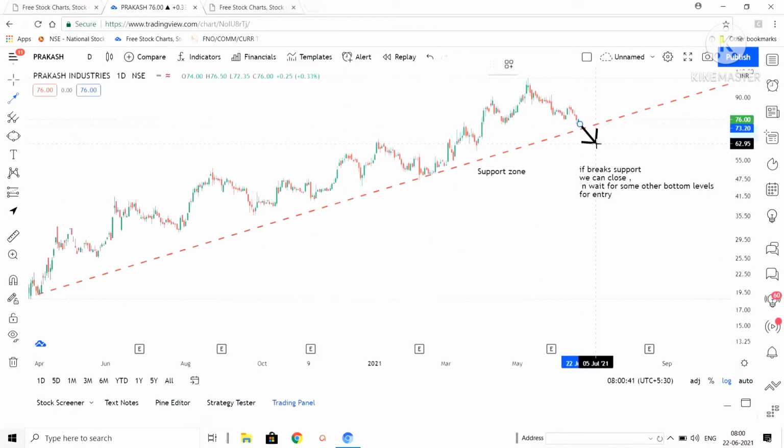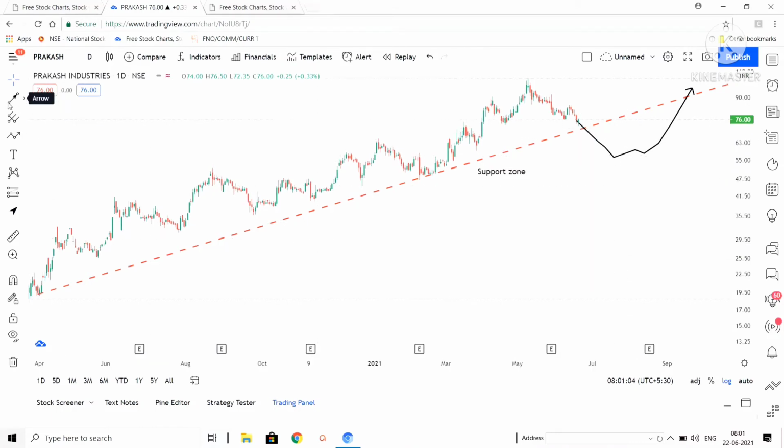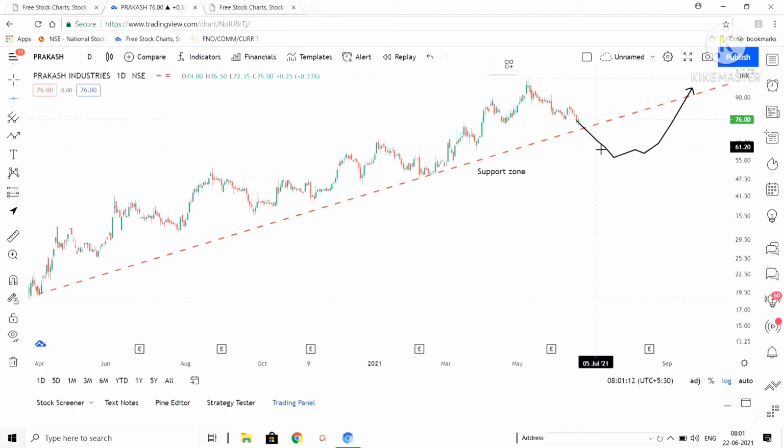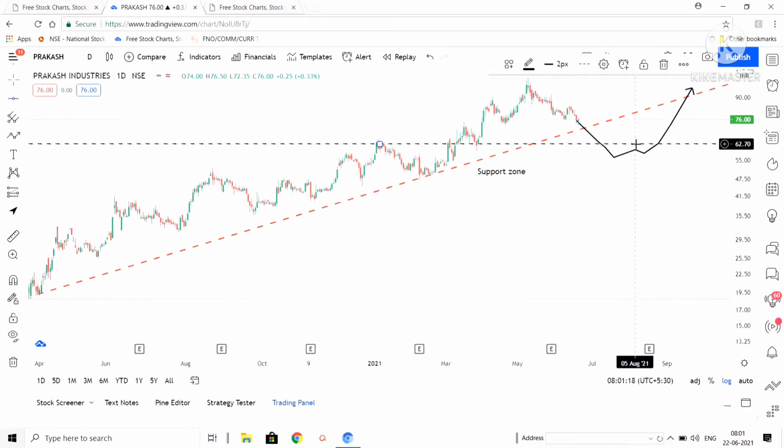we can close the trade with our stop loss, and we will have to look for a new opportunity. If the script moves downside and gets consolidated, after the consolidation, if the script starts moving upside, we can start our trade, and we can keep our stop loss at the bottom-most level. Now I am going to draw the buying point after the consolidation. Here you can see the consolidation. Above the consolidation, we can make our buying point. This is our new buying point.